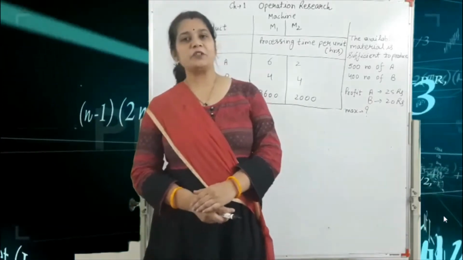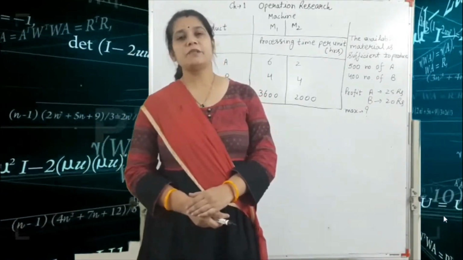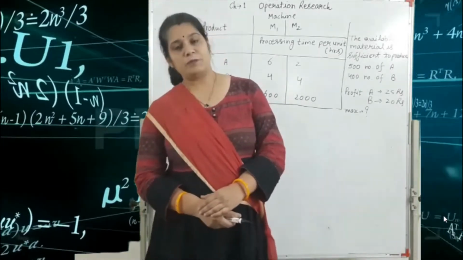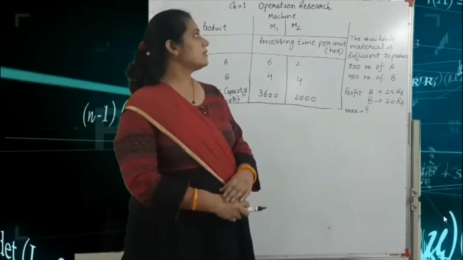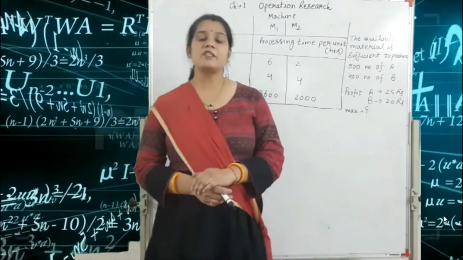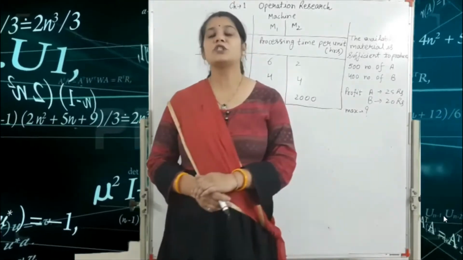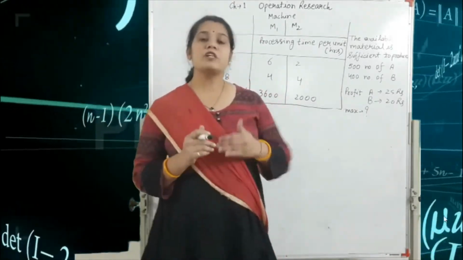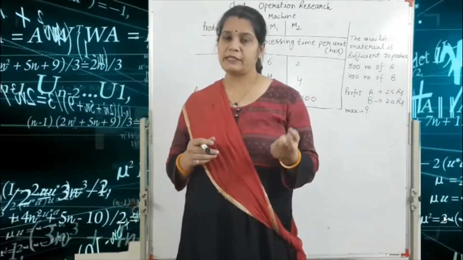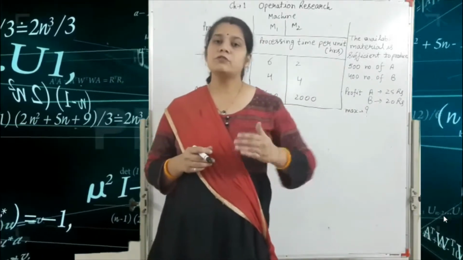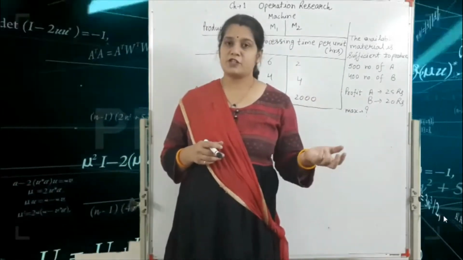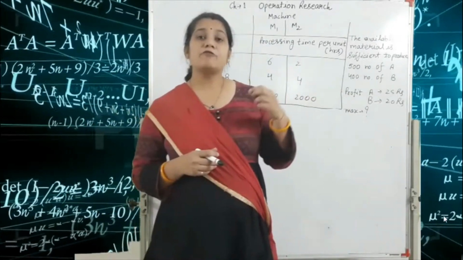Today I am going to take a lecture of Operation Research, chapter number 1, Introduction to Operation Research and the Linear Programming Problem. Our first topic is the formulation of LP model. In this type of question, some points are very important. The first one is the objective function. The objective function always depends on the maximization or minimization form. That means if we have profit, we use the maximize form, and if we have loss, we use the minimization form.